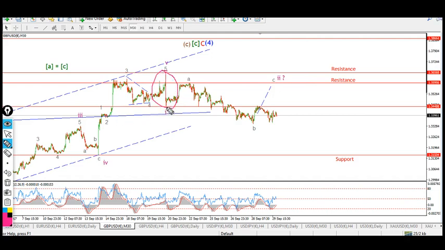Right now I'm tracking this possible A, B, and maybe a C wave up to complete a second wave, and then with a bit of luck we'll continue creating a kind of a lower right hand shoulder, and we'll head off back into wave, I think, yeah, wave 5 blue. So we've possibly completed wave 4 blue, and now we're looking for kind of confirmation to the downside in wave 5 blue, which should